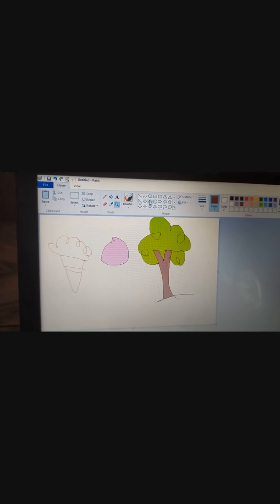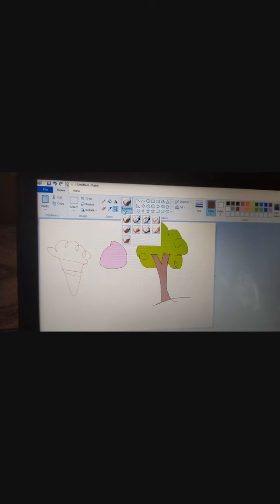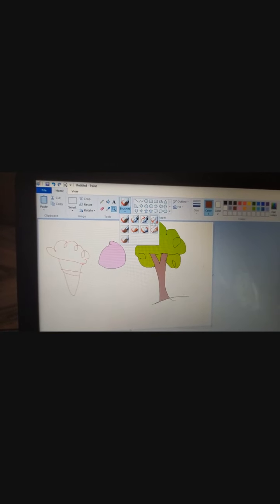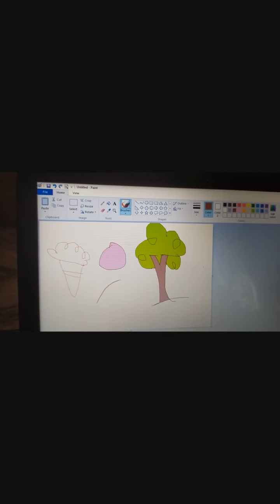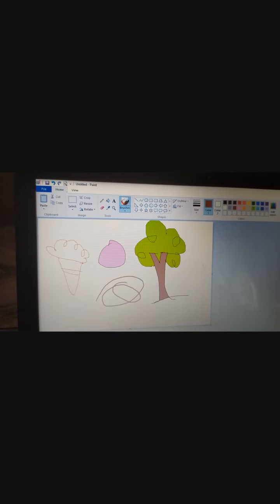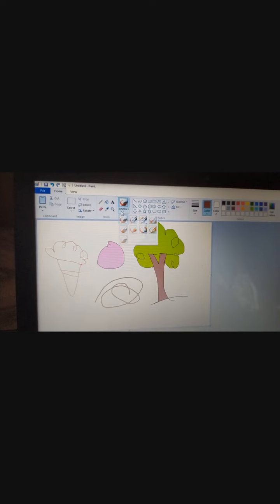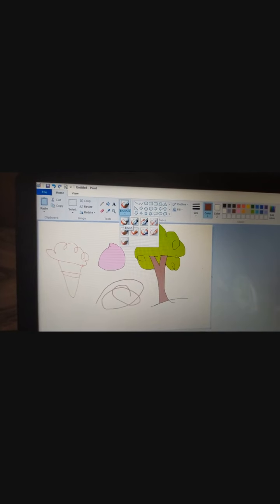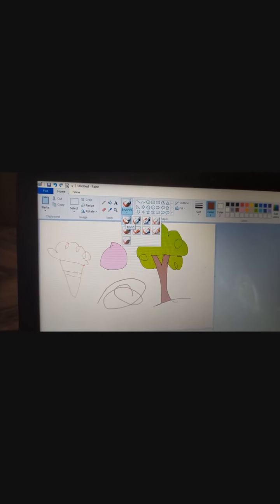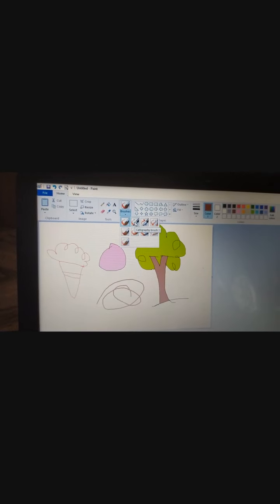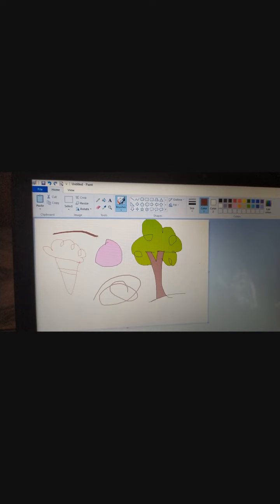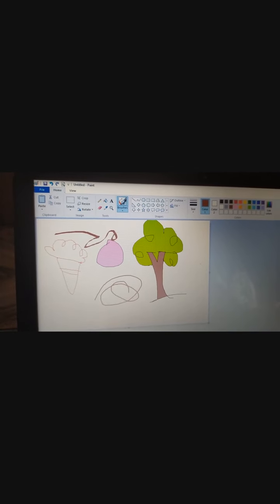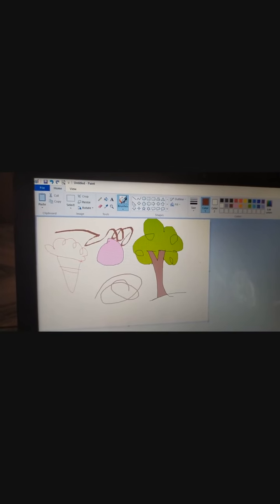This one is the brush tool. See, different options are there. Let us see one by one. This is the first option, the simple brush. Next, calligraphy brush. This one is the calligraphy brush.